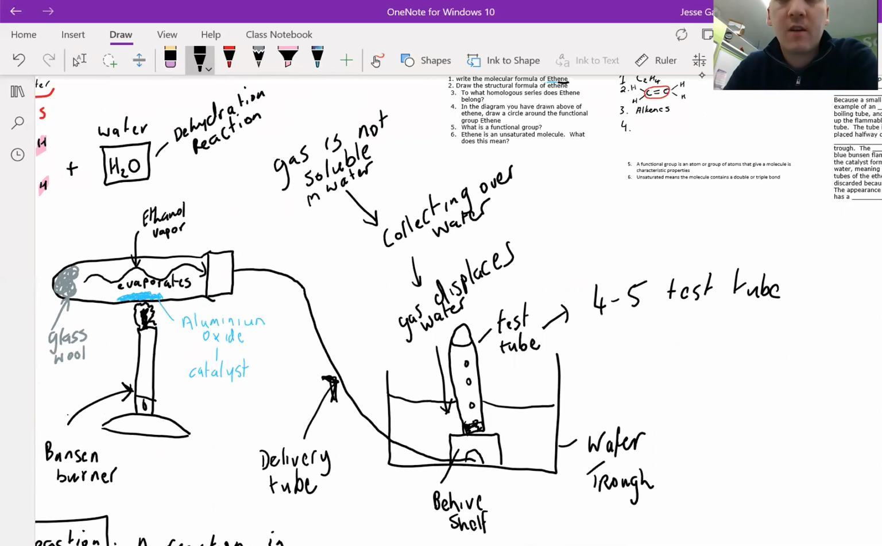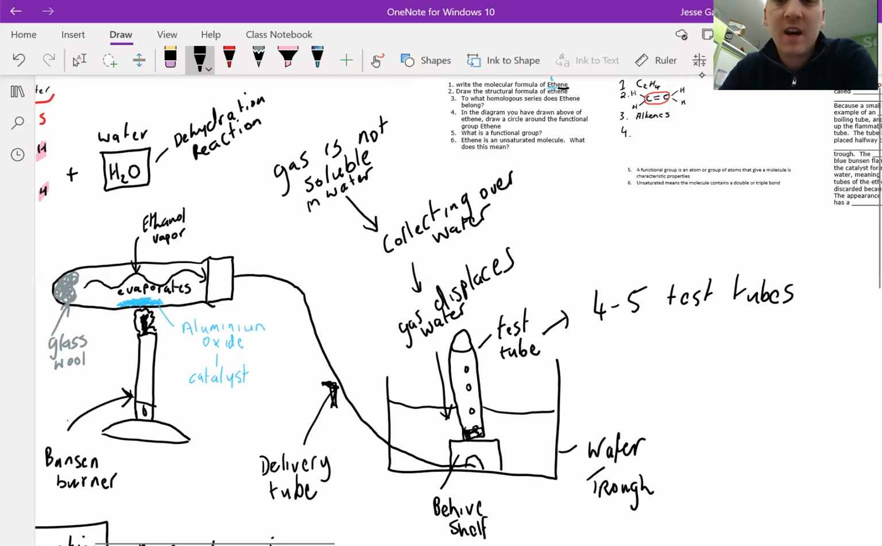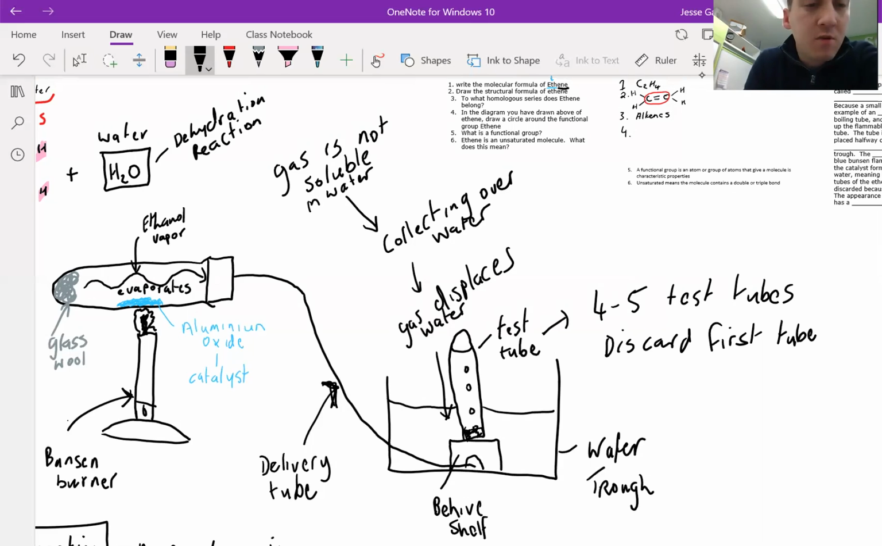It's important to collect about 4 to 5 test tubes so we can do a number of different tests on the gas afterwards. We also want to eliminate, or discard. Discard just means to throw away. Discard the first tube. The reason why we want to discard the first tube is because when we first start